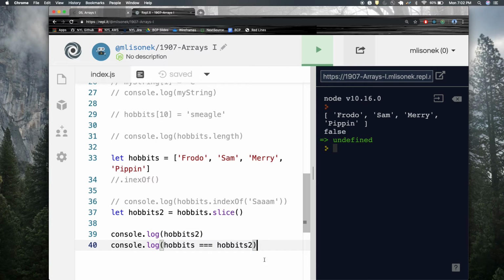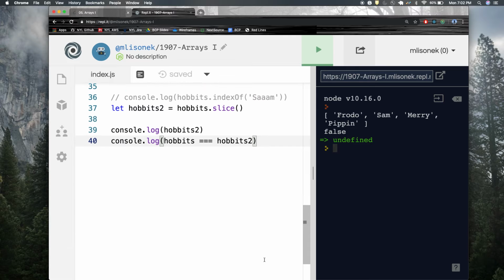What we're actually comparing here with hobbits triple equal to hobbits2 is, because arrays are complex, it's actually comparing the references, not the actual data inside. These two are referencing different points in memory. I won't go too far into that right now because that is a big enough topic for an entire lecture, okay? But just know if you try